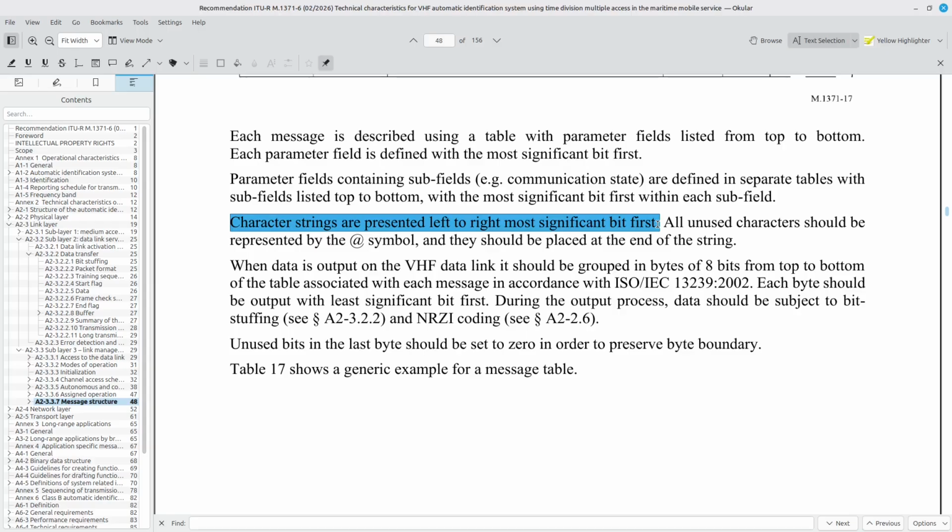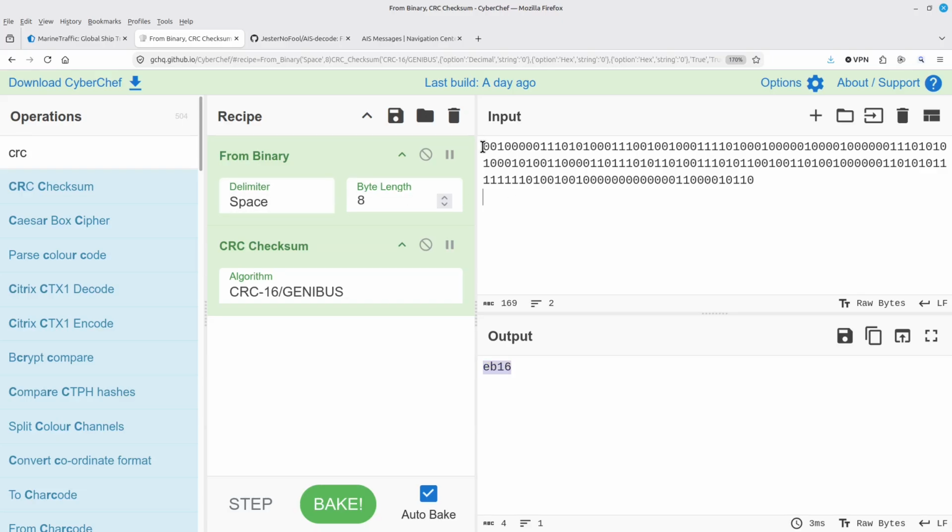That's the standard way most people transmit data. However, when data is output on the VHF data link, each byte should be output with least significant bit first. In other words, if we come back here and we look at our data, every 8 bits has been reversed.